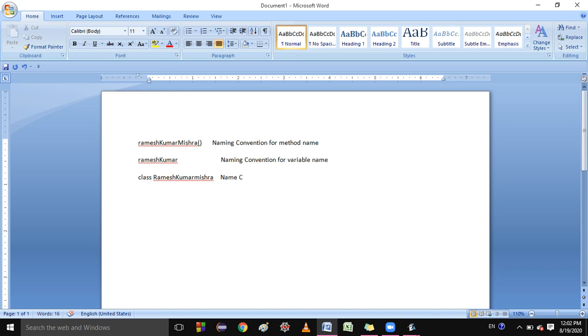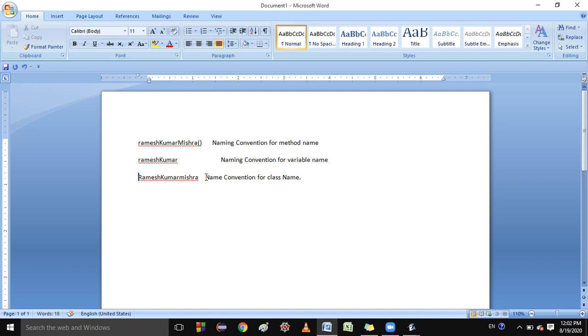Naming convention for class name. So these are the naming conventions for the class name. That means the first letter of each and every word will be in the capital.